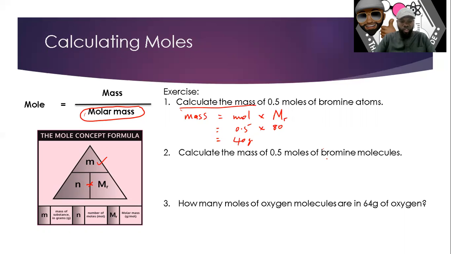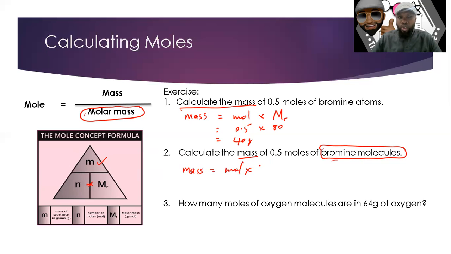Now let's move on to question number 2. Calculate the mass of 0.5 moles of bromine molecule. So now we've got here bromine molecule, not a bromine atom. So we'll talk about that in a minute. Now, again, we're asked to calculate mass, so we know we're using the formula mass is equal to moles times molar mass. Now we've been given our moles, which is 0.5, times the molar mass, but this is a bromine molecule. So this is Br2, not Br, bromine atom,